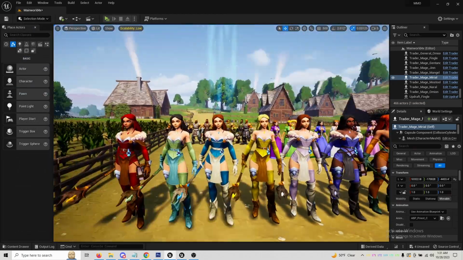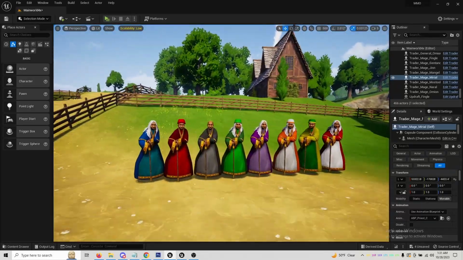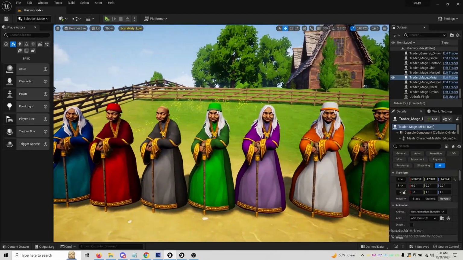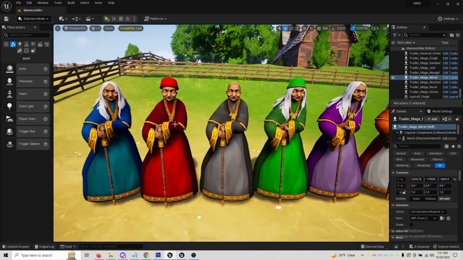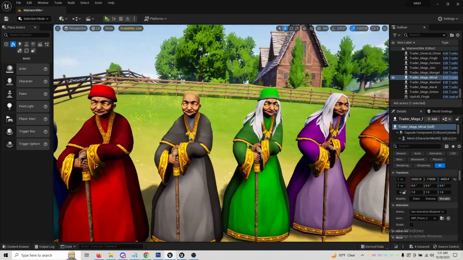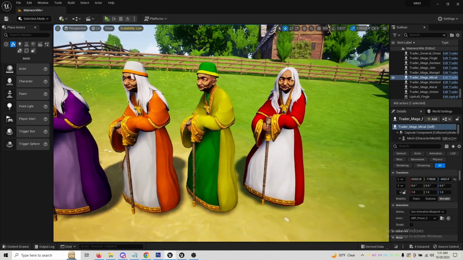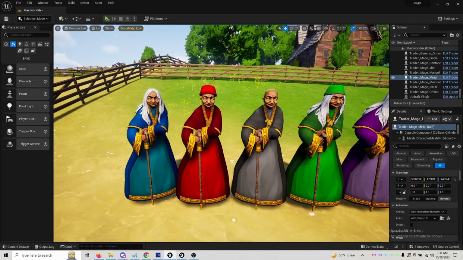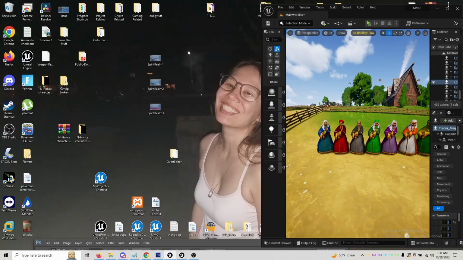So that's basically what you're getting into. If you want these changes, then we will now move on to showing you how it's done. The last one, the granny, you can see I can fully tweak everything. I did not set up for her hair because what grannies this old age is going to have colored hair. If it's something you want, really easy to do, super easy, and I could show you that in the second video. So now let's go ahead and get into the actual act of